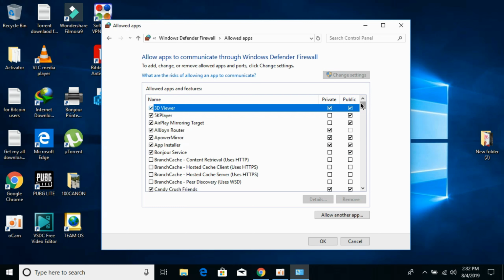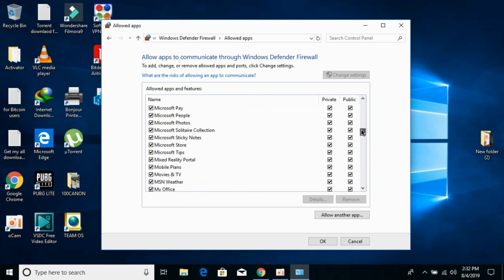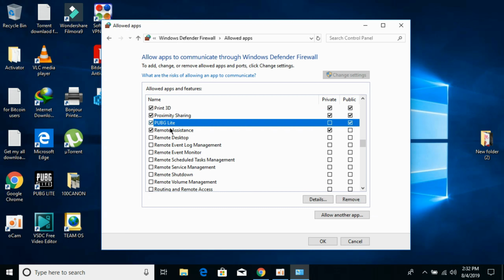Once you are here, scroll down below and search for PUBG Lite. So here we have PUBG Lite, so you can see that. Just go and allow it to private networks as well as the public networks. So click on OK,